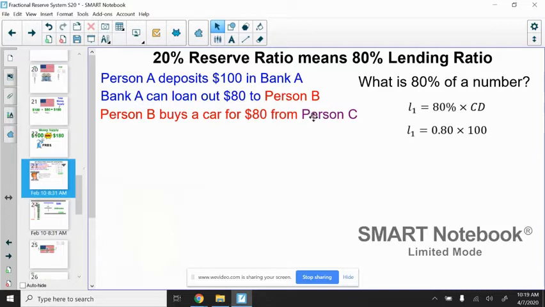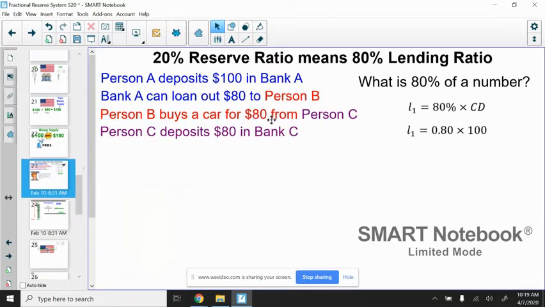Then, of course, what does person C do? Well, hypothetically, person C has a lot of options. They could put their money under their pillow. They could maybe go directly spend their money. But in most cases, people being very consistent and habitual and predictive are probably going to deposit in a bank, their bank. So that's what person C does. Person C takes the money they've earned from a transaction and places it in Bank C.